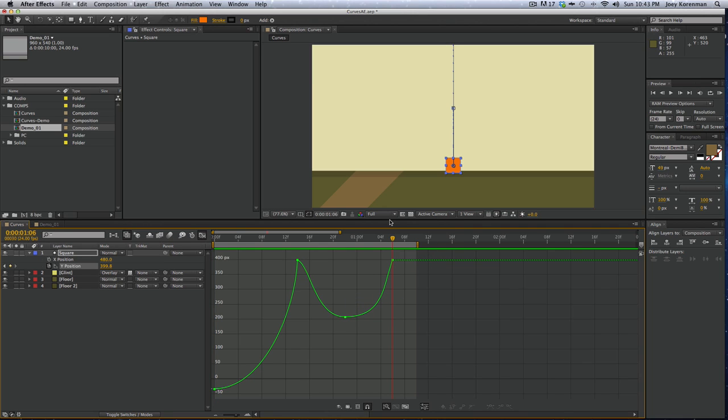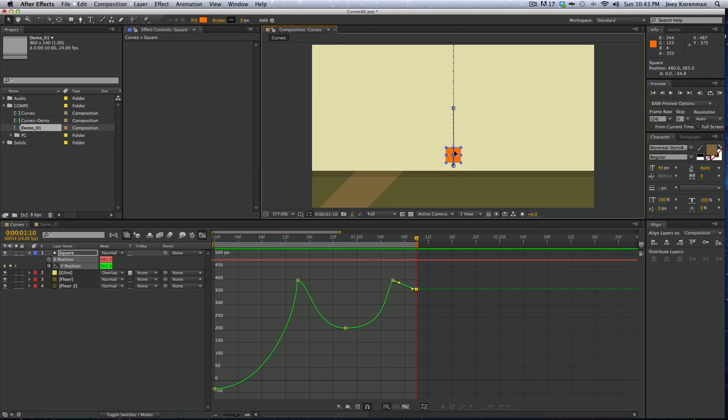All right, so now we're going to go 4 frames. All right, and you can see where this keyframe was that we just had the square at, and I'm going to go halfway to that keyframe. Okay, and basically all we have to do now is make the next curve look just like this one, just smaller. All right, so if I look at the angle of that, I can just sort of mimic that. Pull this out, go forward 4 frames,